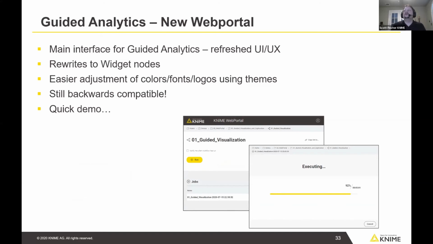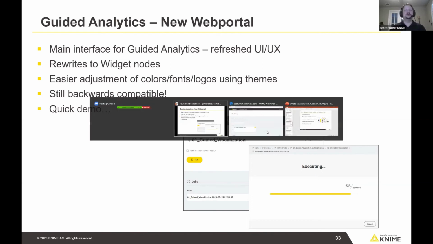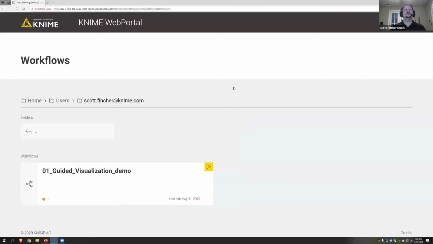If you don't like the new web portal, that's okay. It's still backwards compatible. You can use the old web portal. It's still there. It didn't go away if you want to. But just wanted to show you in a quick demo what some of these new features look like. So let me bring up a web portal here. I've got a little KNIME server stood up on AWS,